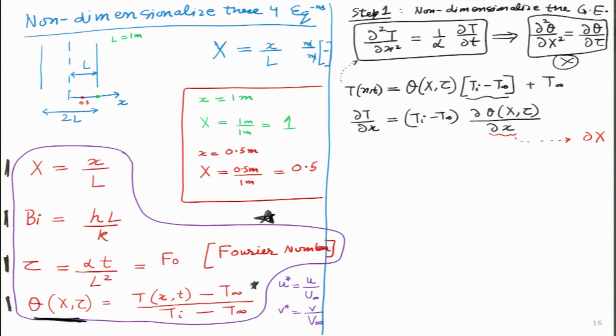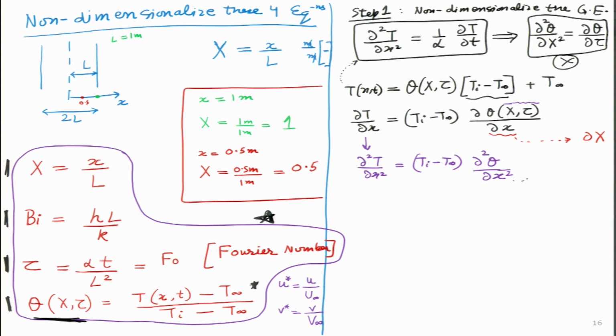So, I will differentiate it once again. If I differentiate the left hand side, what do I get? Del square T by del x square. The constant will remain as it is, and this thing becomes del square theta by del x. I am just not writing these bracket functions over here, again and again, because we already know that theta is always a function of capital X and tau. Now, we are getting somewhere. Sorry, I missed a square over here. So, it is del square theta by del x square.